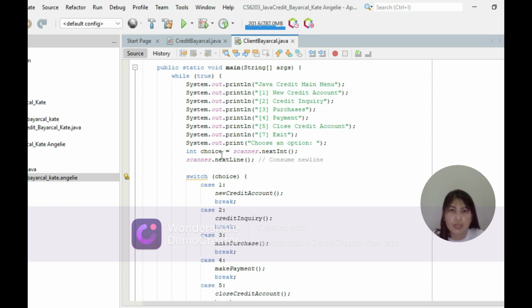And then int choice equals scanner.nextInt(), open and close parentheses and then semicolon. So I use scanner.nextLine() as the command for the next line.